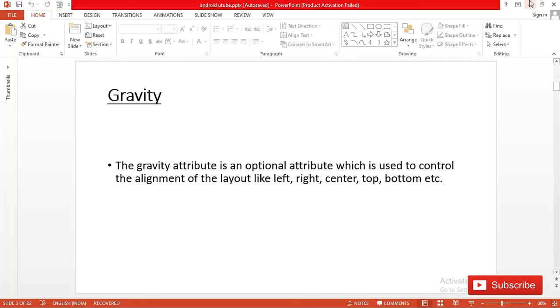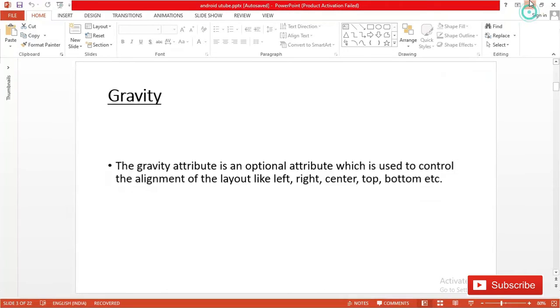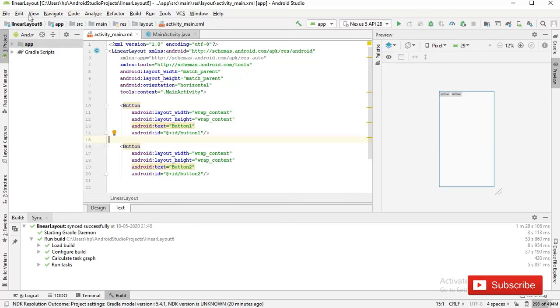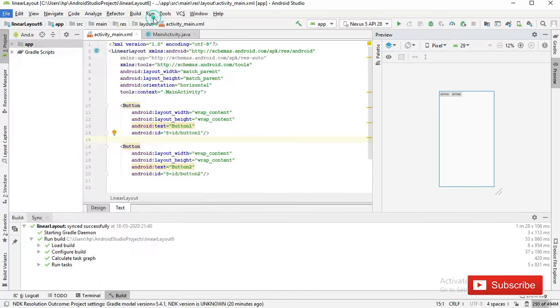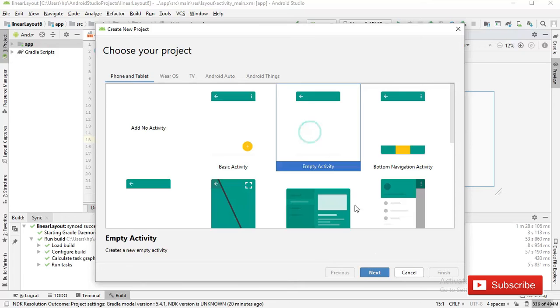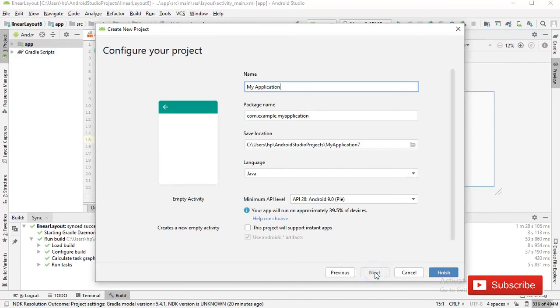So let's just implement it. Make a new project, and the project name is linear tree, and then finish.